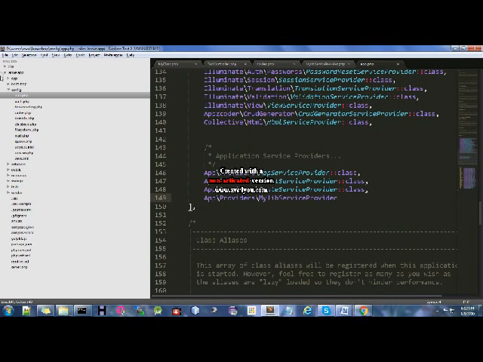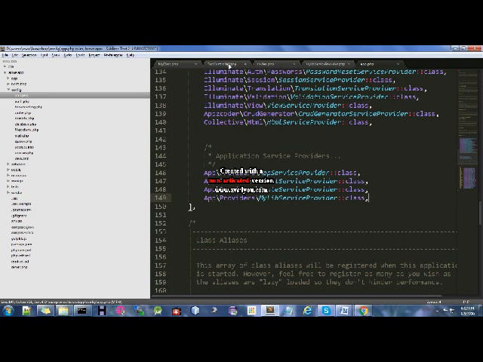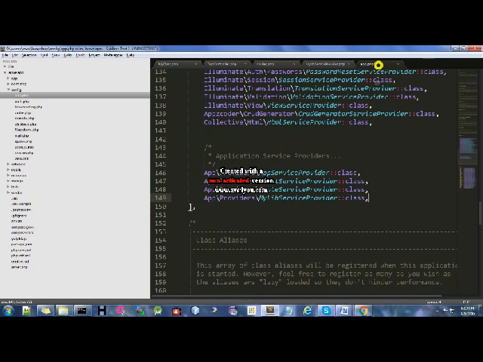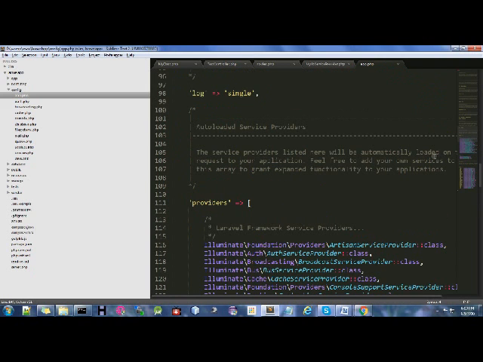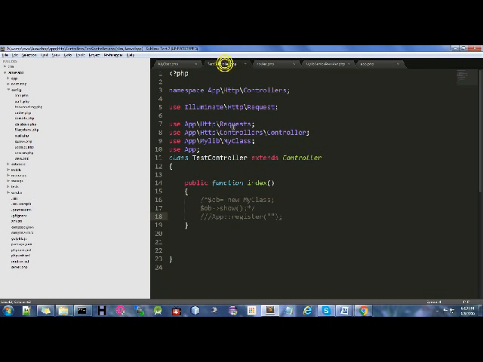Just open it and specify your service provider here, using the resolution operator and class as well. Even if I remove this line, whenever my application runs, it automatically loads my service provider, because I have implemented it and registered it in the app.php file under the providers array.